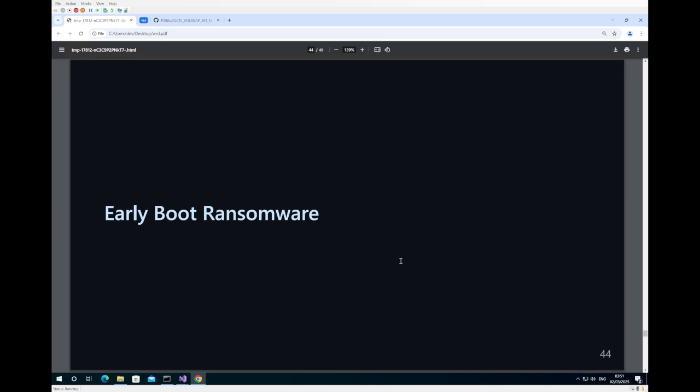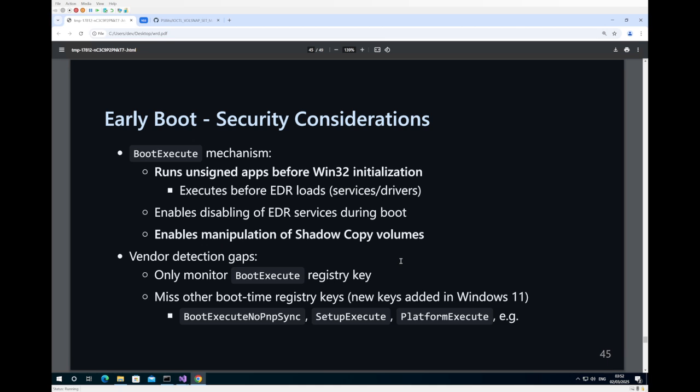And the big gaping hole in all of this is: what if ransomware ran before EDRs had an opportunity to start? We saw earlier on that there was an opportunity to use SafeBoot, and within SafeBoot, no endpoint security products would be running. But what if you ran with boot execute, before the Win32 system initialization? I'm quite surprised no ransomware groups have done this yet, but with boot execute, you can